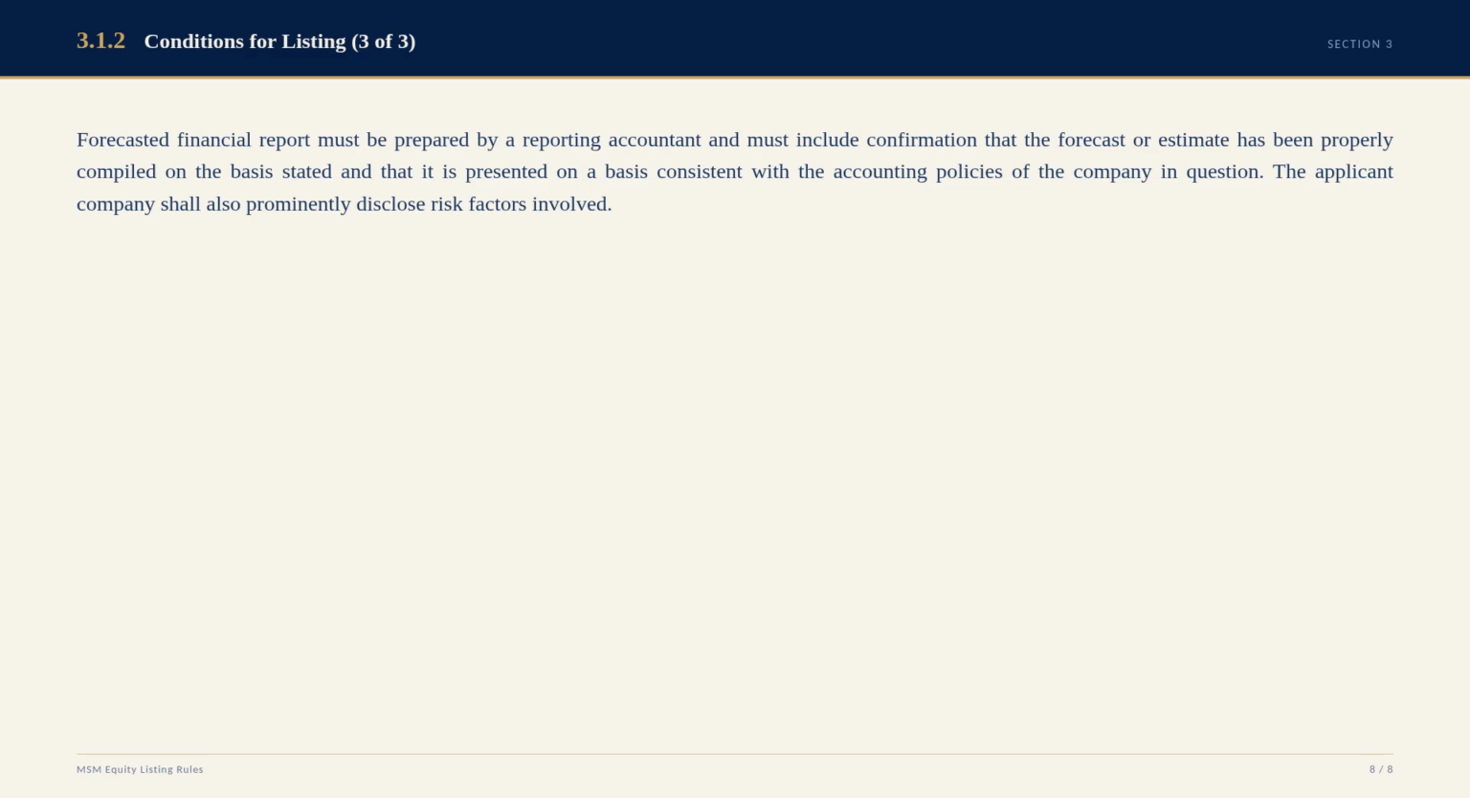Forecasted financial report must be prepared by a reporting accountant and must include confirmation that the forecast or estimate has been properly compiled on the basis stated, and that it is presented on a basis consistent with the accounting policies of the company in question. The applicant company shall also prominently disclose risk factors involved,